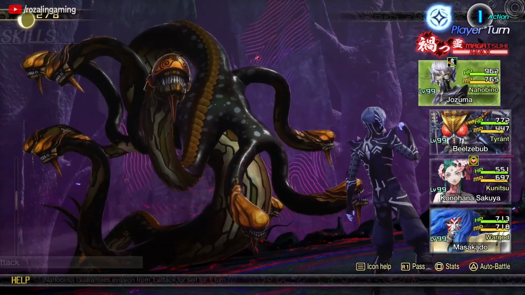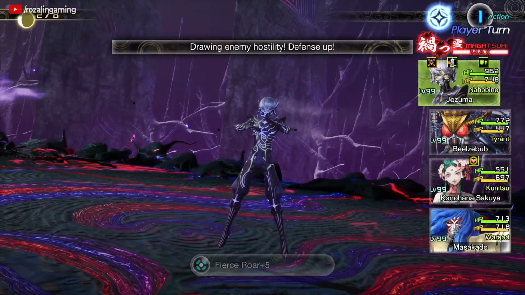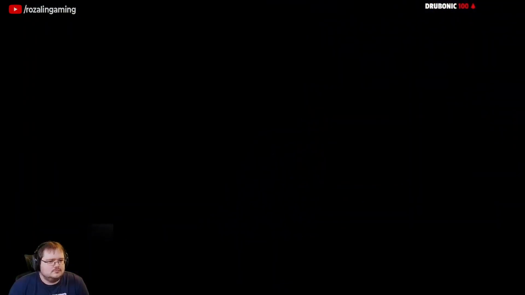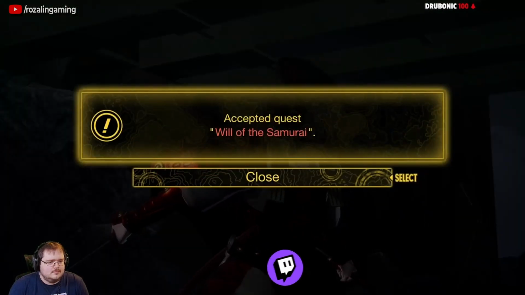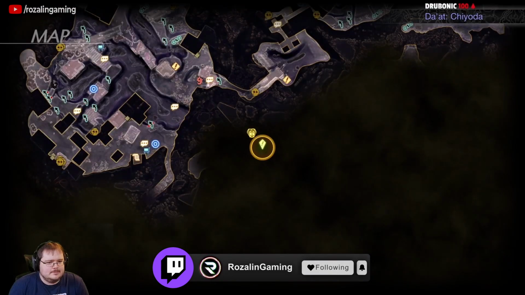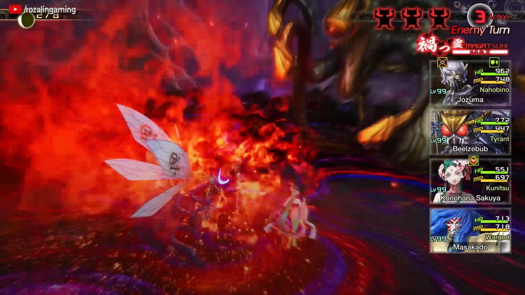It should be noted though that in order to gain access to Masakado, you must play Canon of Creation, the original story path for SMT5. You will also need to complete a rather lengthy set of side quests beginning by talking to Yoshitsune in the Demon Haunt. This will all culminate in a boss fight against Masakado himself, but after that you'll be able to fuse him. Now, to really talk about what makes Masakado so strong in SMT5 Vengeance, we need to talk about